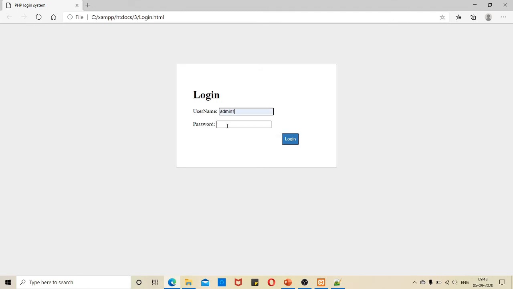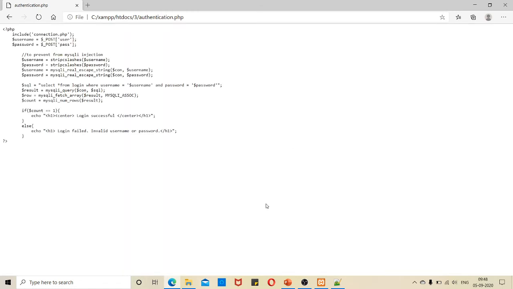Now if you give your username and the password like 123 and give a login, surely it will post an error. Why? Because this is going to be your server side program. You can't simply run your HTML file like that. You have to run your HTML file from the server side.